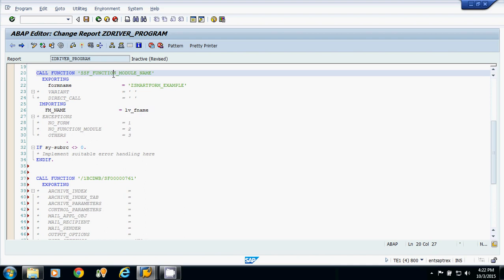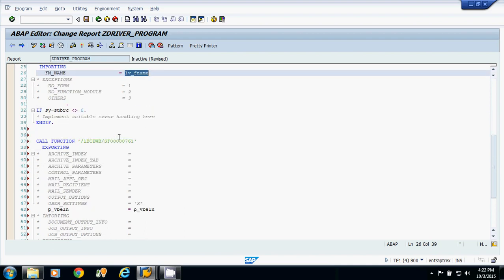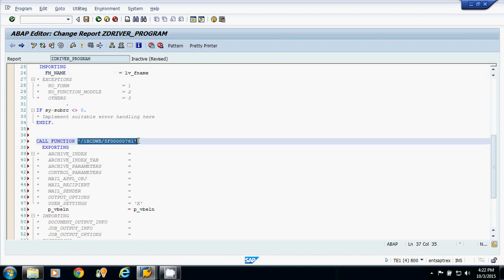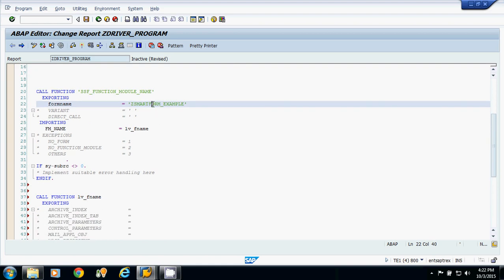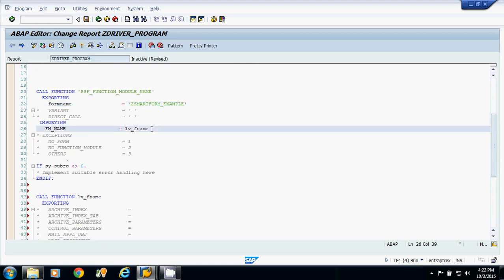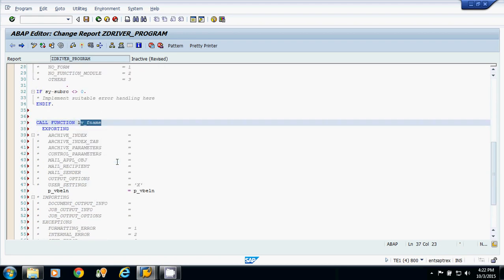Whenever you pass the smart form name, it will always give you the current function module name, and you are calling that current function module. So I am replacing this with this. You can never hard code that number because it is always changing. You have passed the smart form name, it gives you the function module of that smart form, and you are calling that function module.